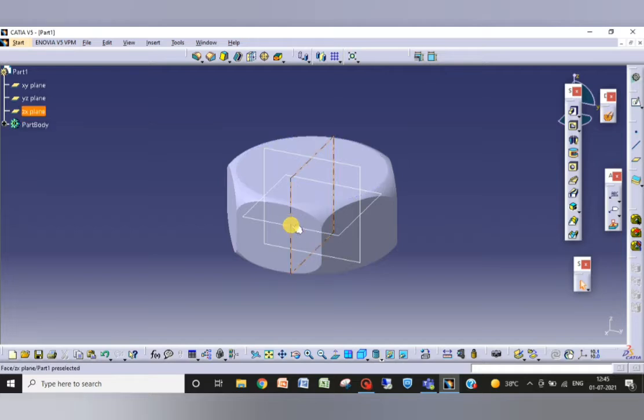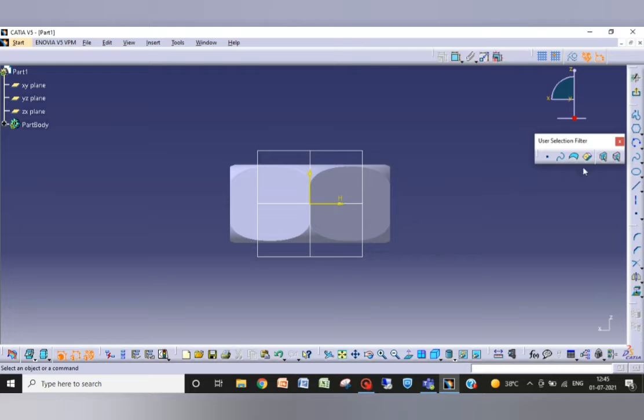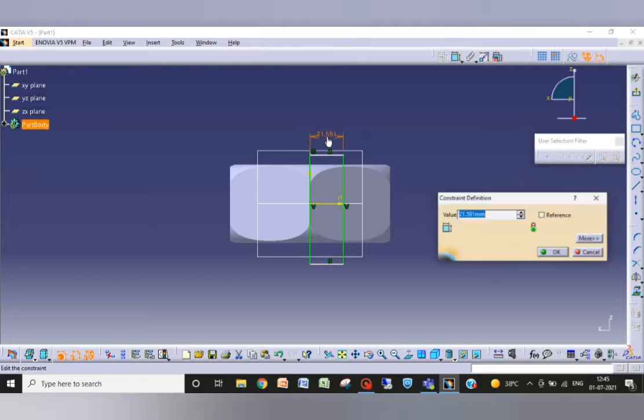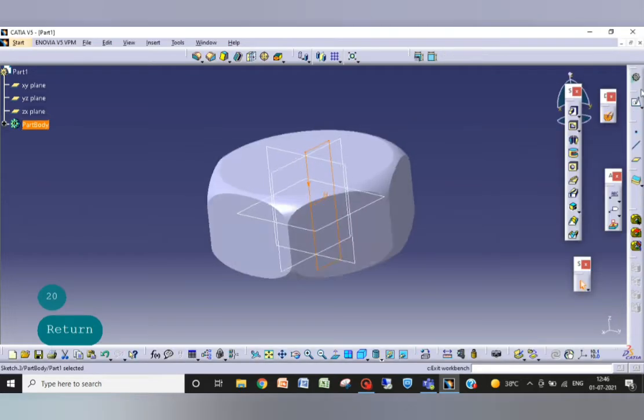Now again on this plane I will sketch a rectangle from here, like this, giving the horizontal dimension, type 20, and a square.